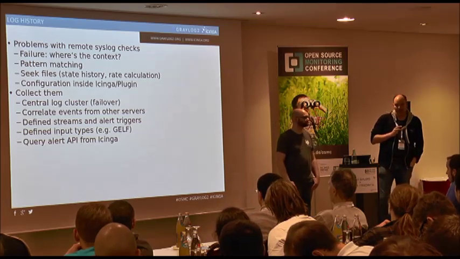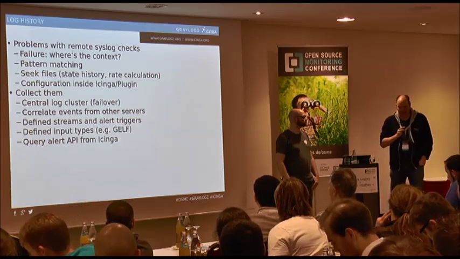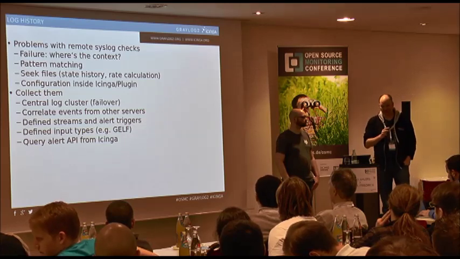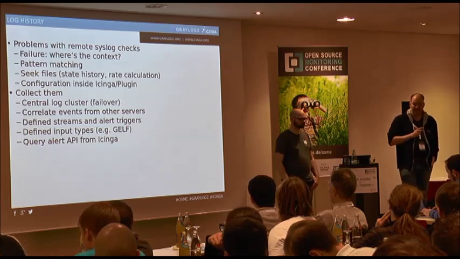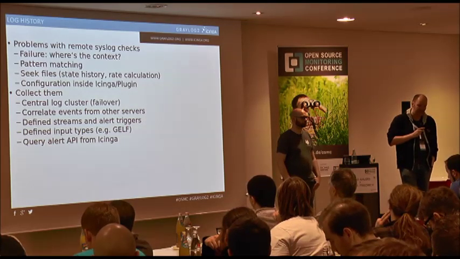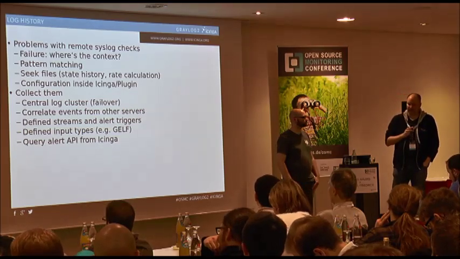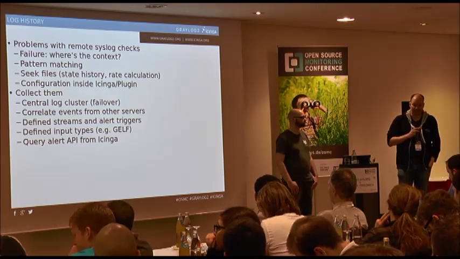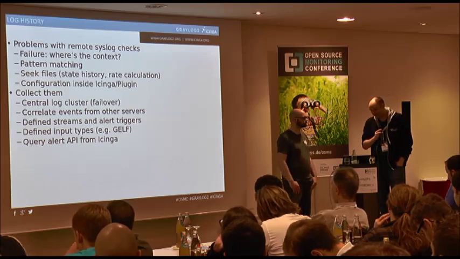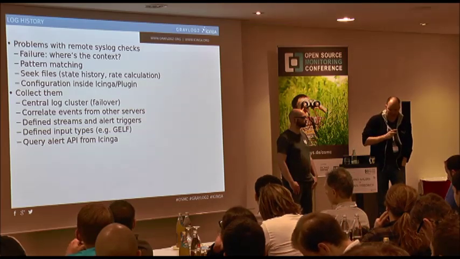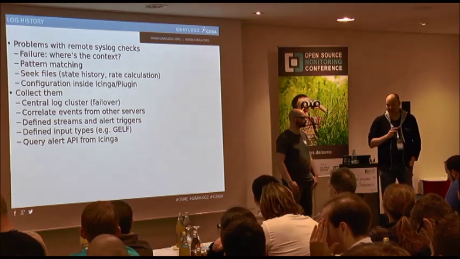One thing I experienced is that when you are grabbing the syslog file or log files, you need to keep track of the seek index. If you're opening it again, you don't want to start at the beginning. You need to do some rate calculation or a summary or average to check against the threshold you defined. That did work in the past years, but nowadays there are tools that do that in a better way.